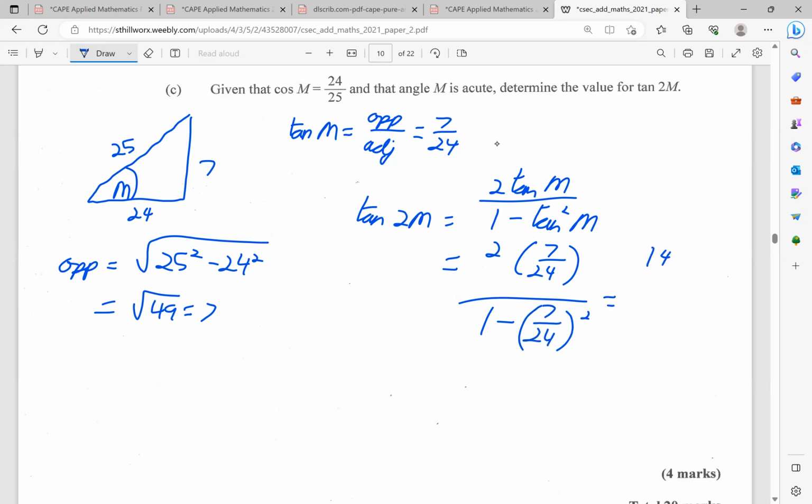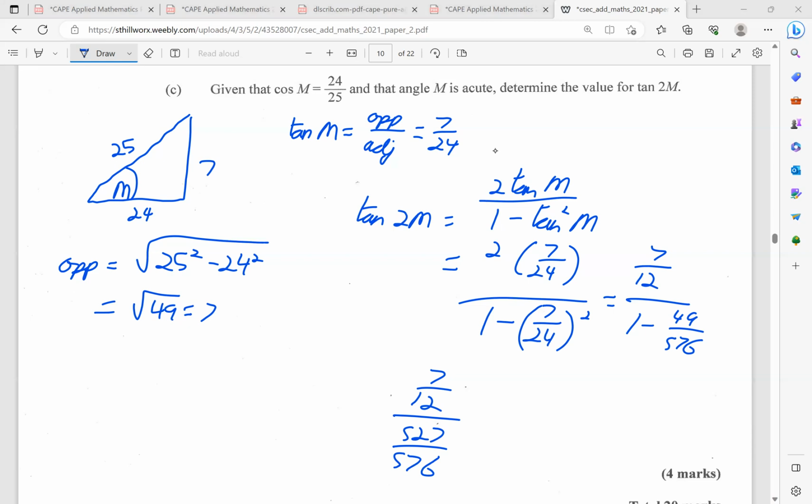So you get 7 over 12 over 1 minus 49 over 576, which is 7 over 12 over 527 over 576,